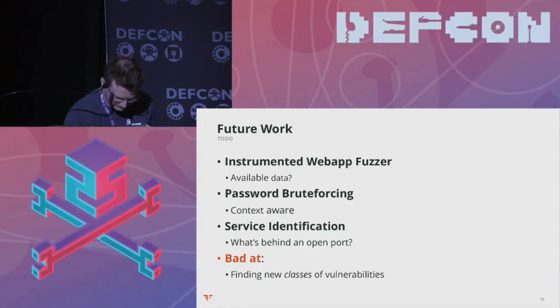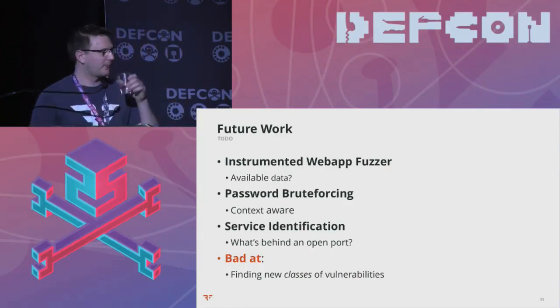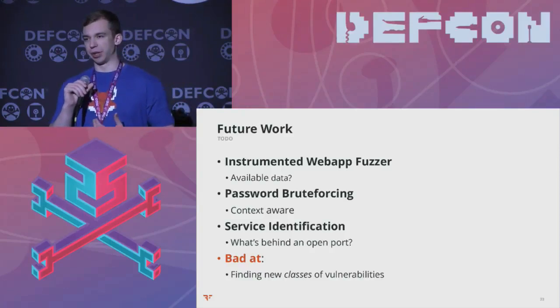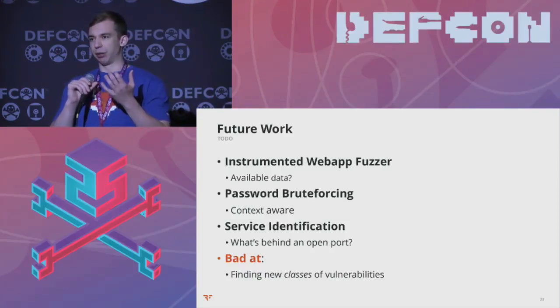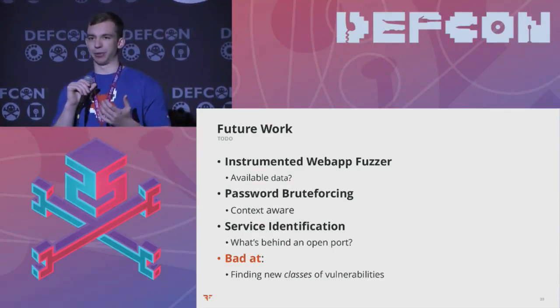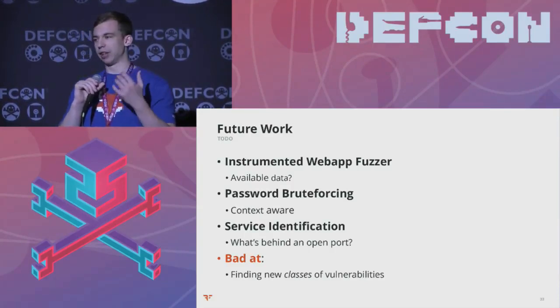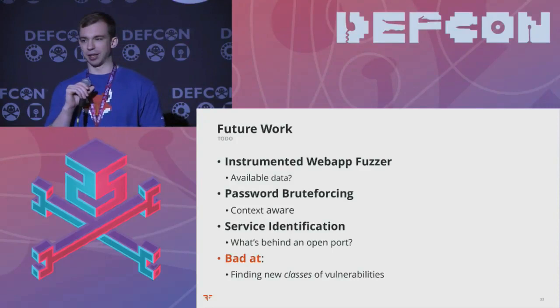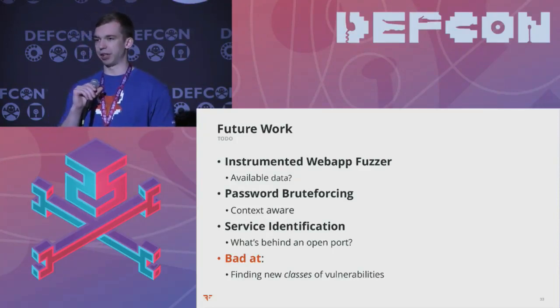Yeah, and like I was saying before, there's a lot of hype about this kind of stuff. There's tons of media coverage about it. It's in Hollywood and all kinds of stuff. All these AI programs. But what it's actually kind of bad at is discovering a new class of vulnerability. AI isn't really going to, at least in the short term, be able to discover new types of vulnerabilities. It's probably not going to find some kind of new crazy injection flaw that we just don't know about. And a lot of that comes down to context, especially with security testing.